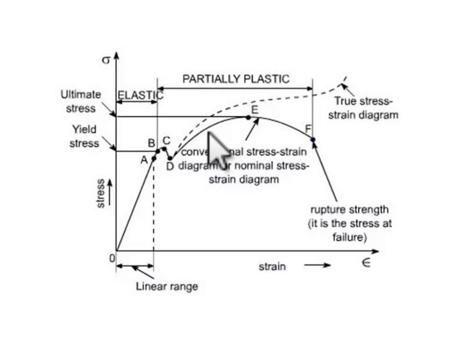If we continuously increase the load, the strain will increase, and after a certain limit the material will fail. This is the rupture point, the fracture point. This is basically called a stress strain diagram, and from here we came to know about the plastic region and elastic region for any material. It differs for every material. For mild steel and for cast iron it will be slightly different, but the nature will be the same.